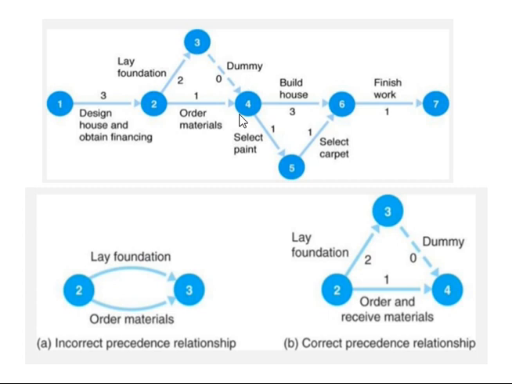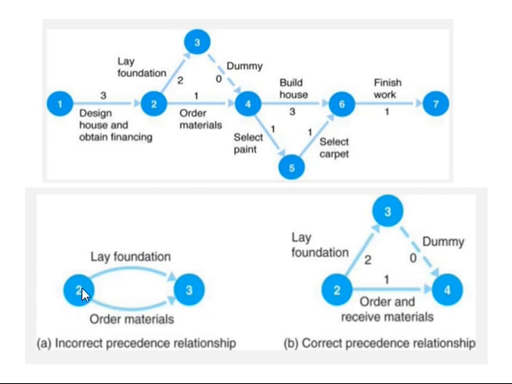Why is it required? If you observe the activities from 2 to 3 in this diagram, two activities emerge from node 2, which is called a burst, and both of them end at node 3, which is called a merge event. Two activities emerging from node 2 and merging at node 3, doing the same work simultaneously, is not possible in a network diagram. In such cases, instead of representing like this, we need to represent like this.